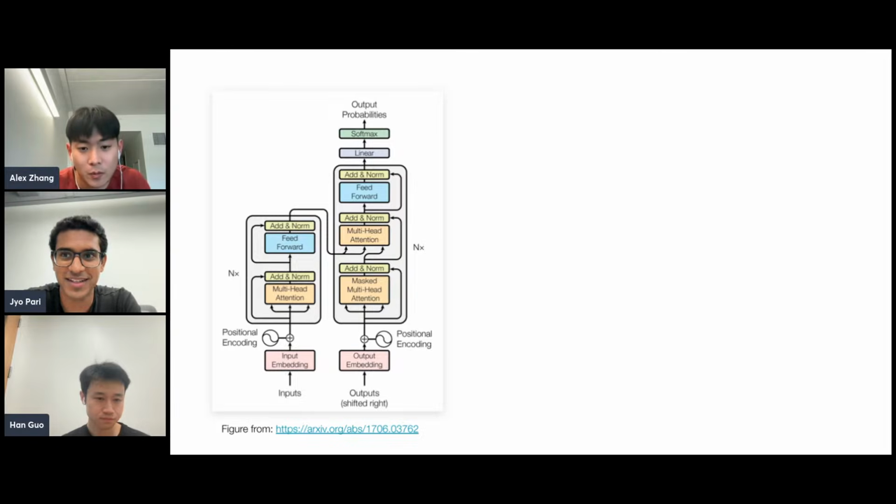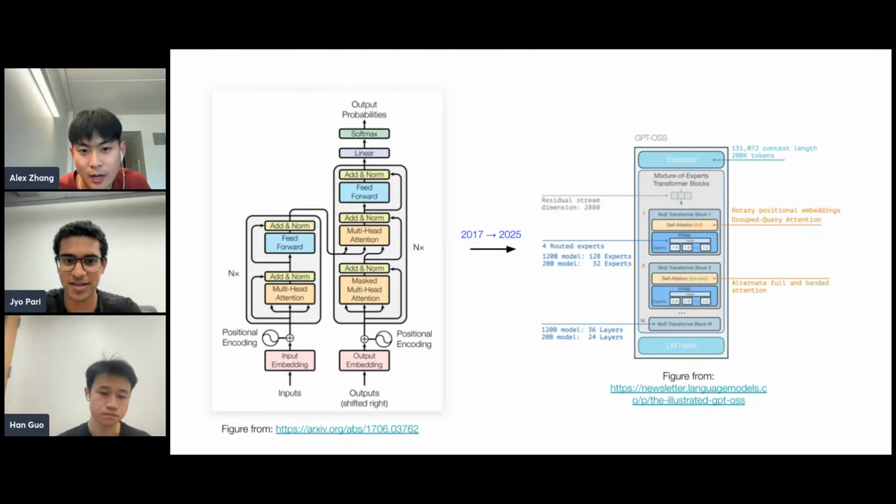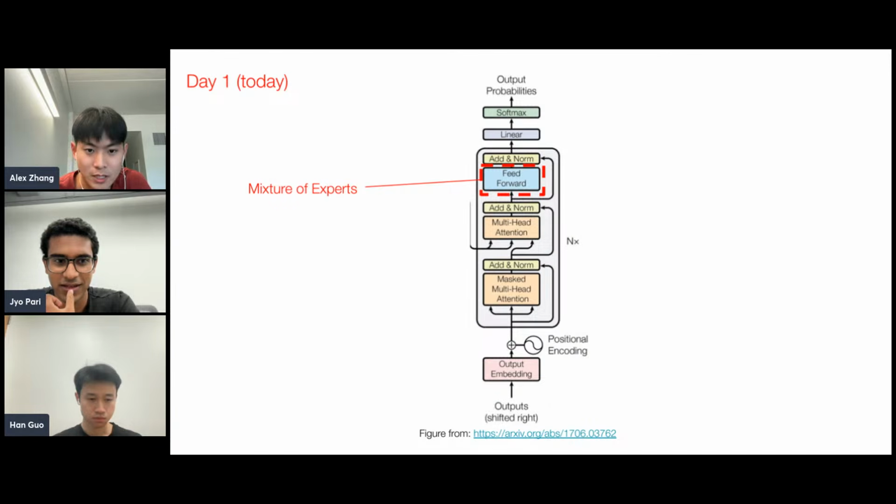What is going to happen throughout this week is, you're all probably familiar with the base transformer architecture from the Attention is All You Need paper, and a lot of you are probably also familiar with some of the newer architectures. What we're interested in exploring this week is what has changed in the past 8 or so years, especially from these original decoder only models: what components have been replaced and what components have evolved over time. To give a brief overview of what's going to happen: